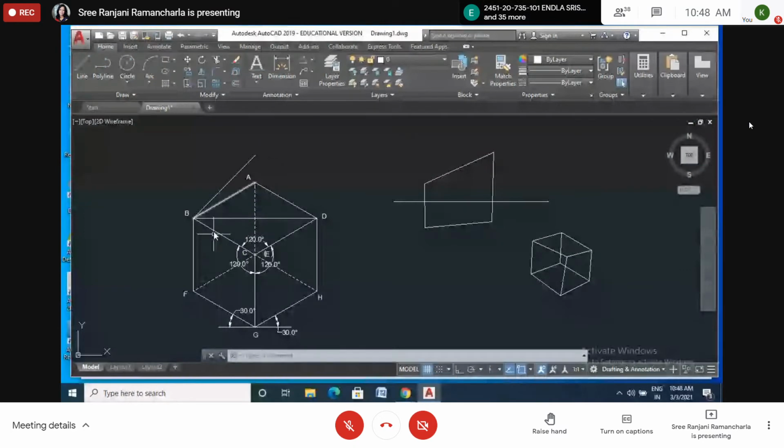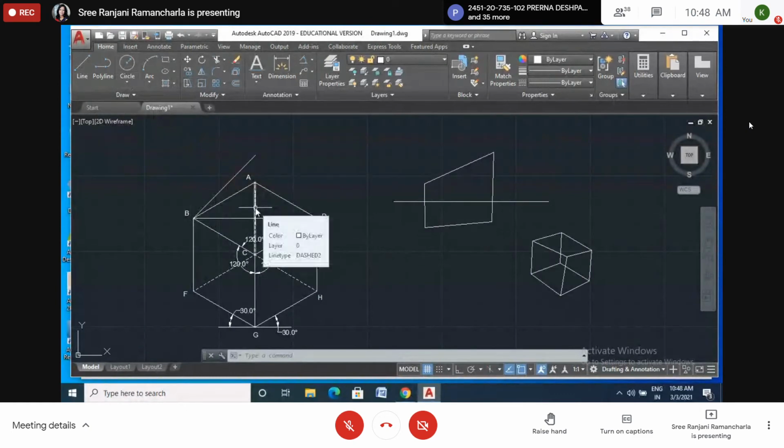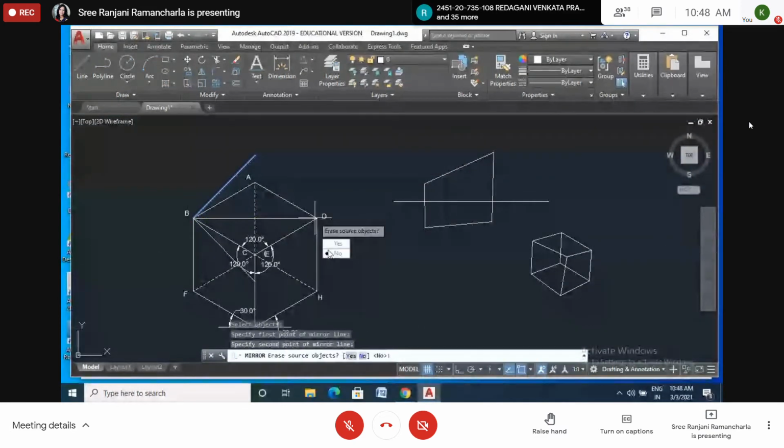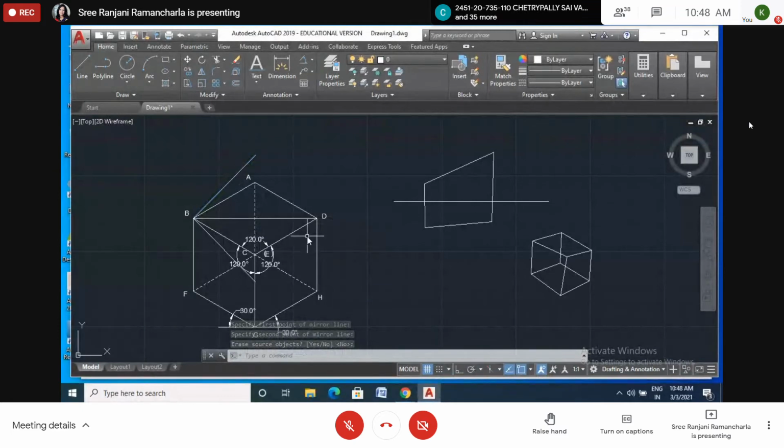So this one I will draw here. I don't know the exact length, so I will take a mirror line. I'll use the mirror command. This will be a mirror line. I got it here. And the same two lines I want to draw here also, so I want to take another mirror line. Again, mirror command. Select these two. It is asking to select the object. No, I don't have it. Then first mirror point: this one I will take as a mirror point, and another one, this one I will take. It is not getting it.